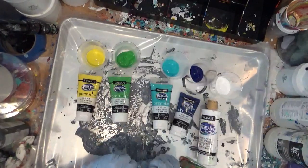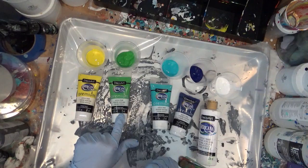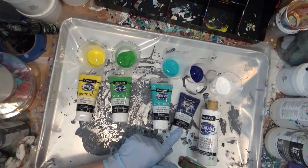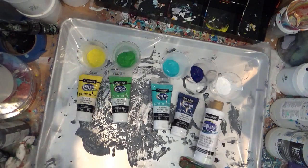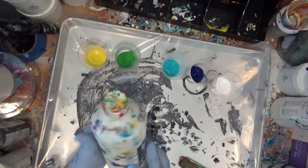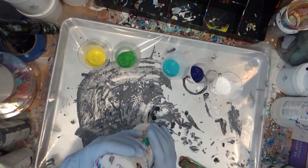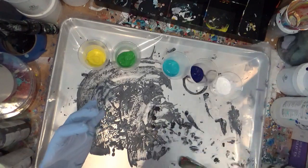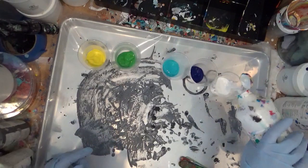We're gonna use a 12 by 12 canvas, and we have primary yellow, yellow green light, Cobalt Teal Hue, Phthalo Blue, and Americana Snow White. We're using 2 parts of Liquitex, 2 parts of GAC, 1 part of Easy Flow, and we're gonna add this slowly to our mix